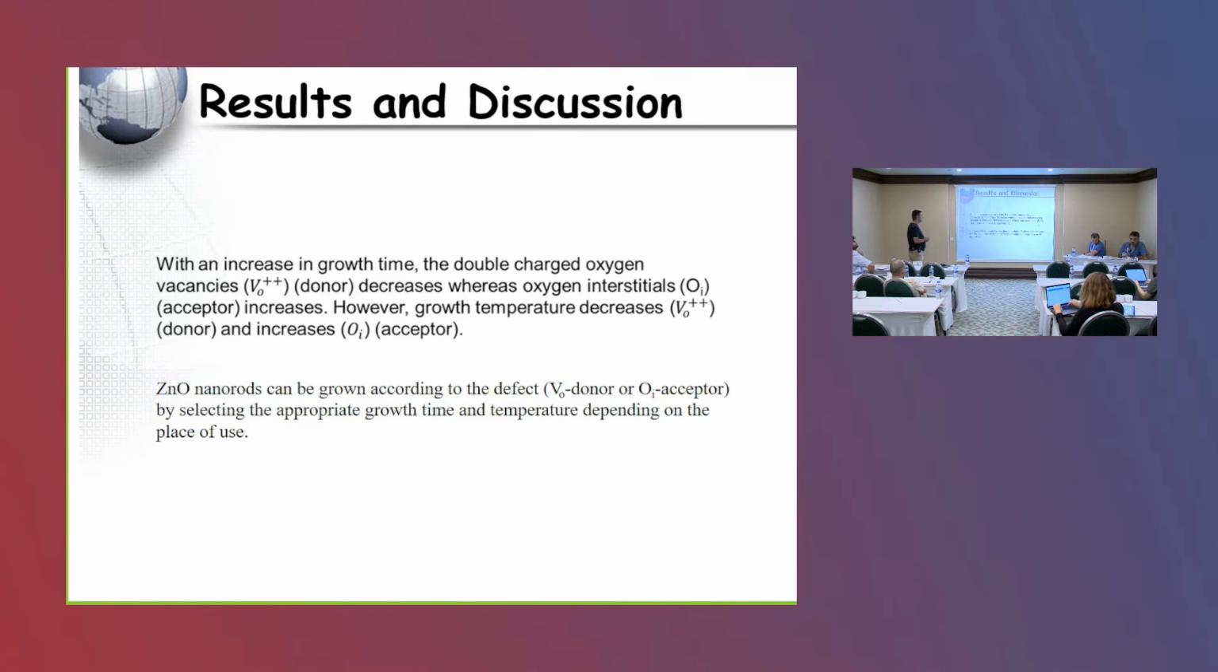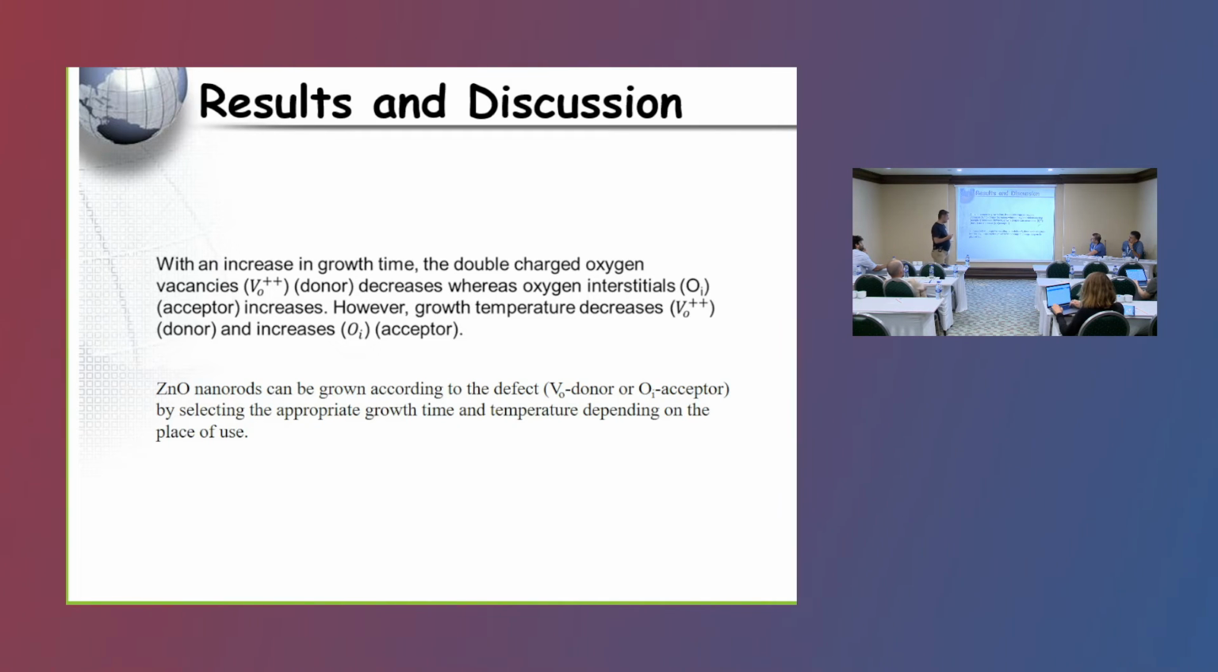As a result, with an increase in the growth time, the double charged oxygen vacancies, which are donors, decrease, whereas the oxygen interstitial acceptors increase. However, with growth temperature, the double charged oxygen vacancies decrease and interstitial oxygen increases. Okay. As a result, we can say that zinc oxide nanorods can be grown according to the